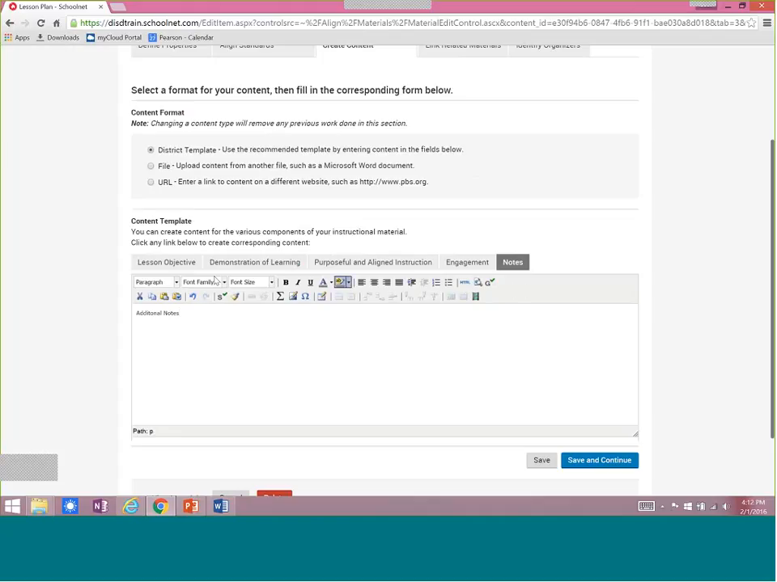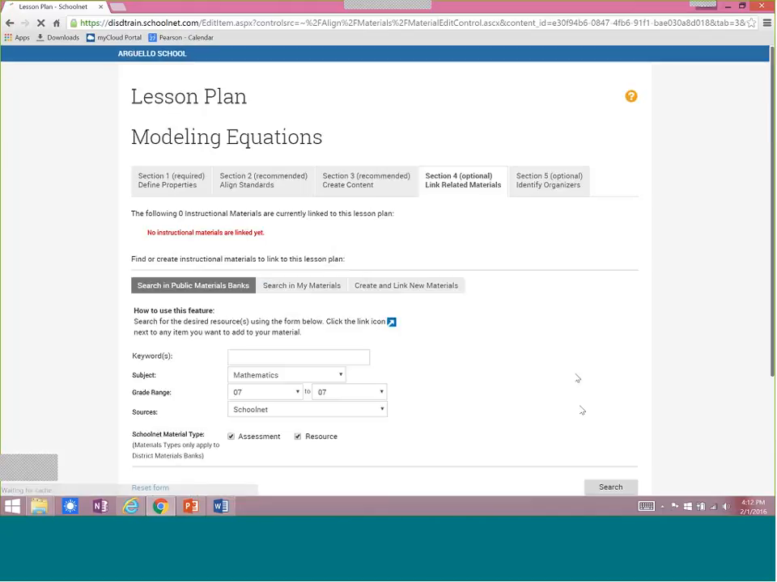Now, be aware that this is a WYSIWYG editor, so if I wanted to, I can change the font size, color. I can insert equations. I can insert an image. I can also put a hyperlink here. So if I wanted to include a hyperlink into the lesson plan, I could do that here. So there's a variety of things that you can include. At this point, I'm going to choose Save and Continue, and now I'm going to be brought into the linking